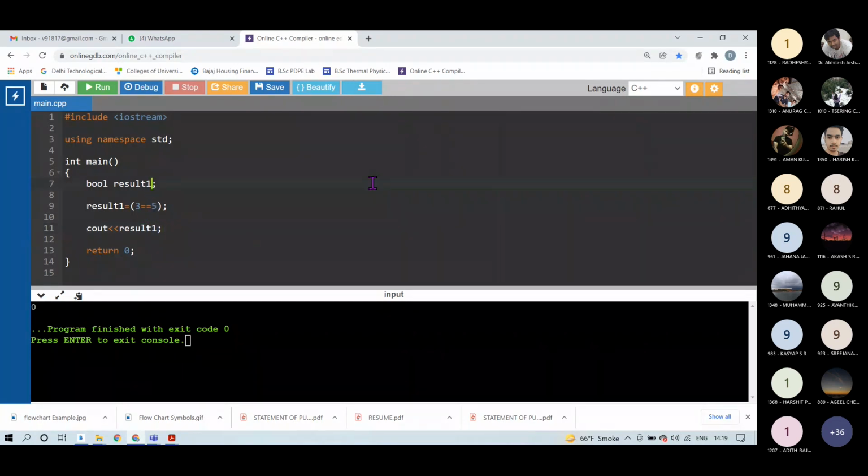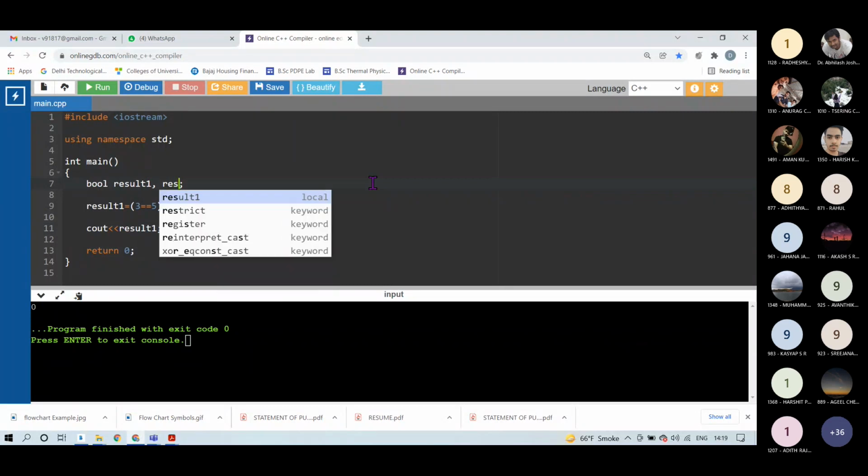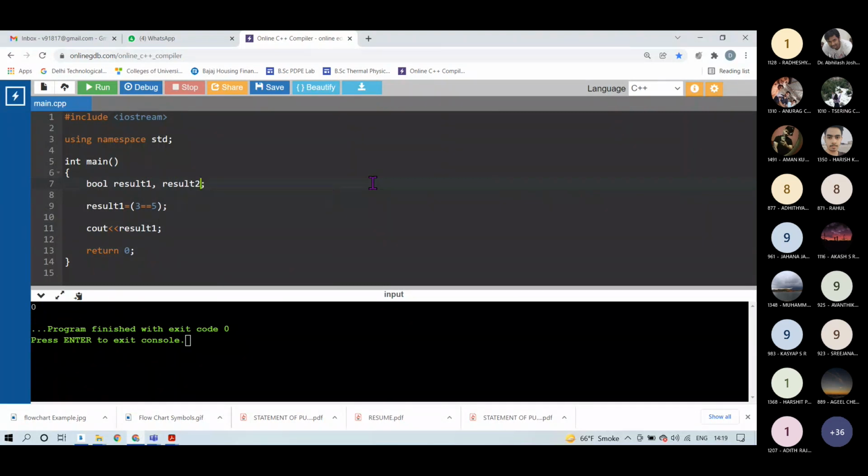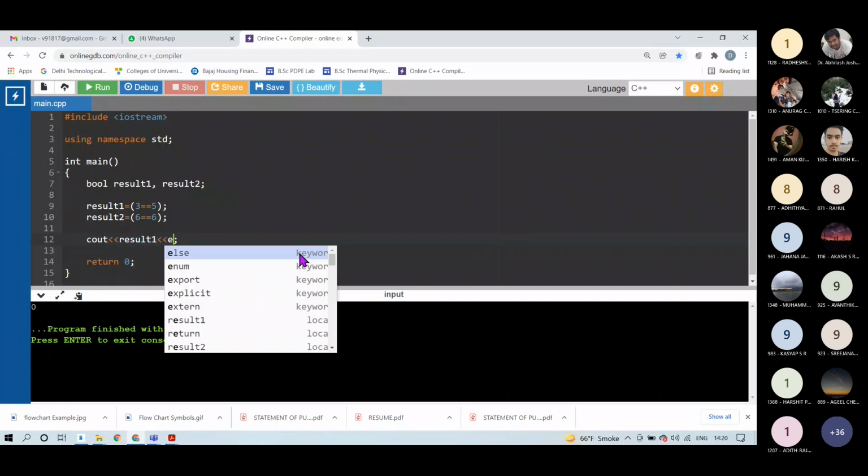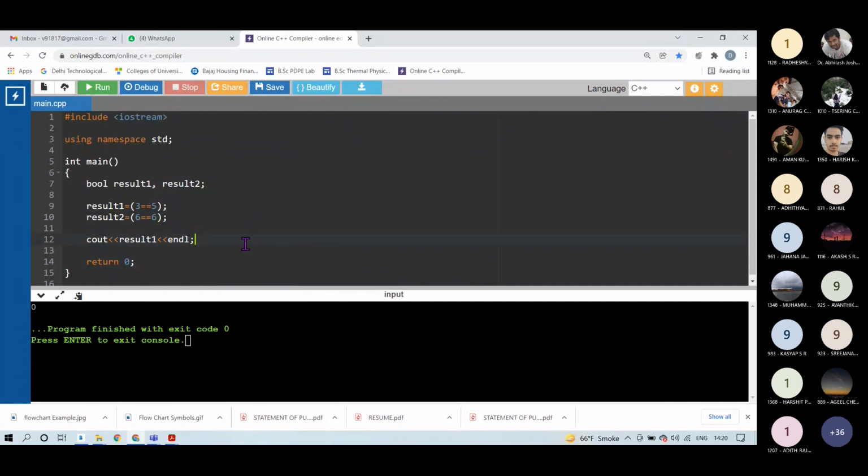Similarly, 6 equal to 6, if I want to see the content stored into this variable result2, can you tell me what will be the contents in this variable result2? 1.